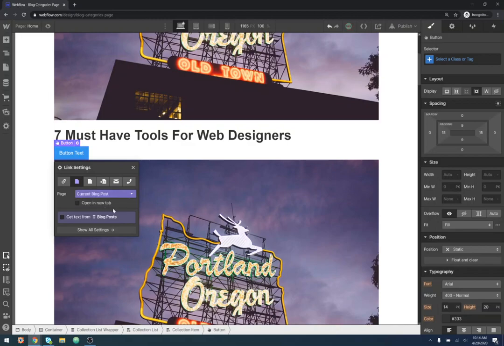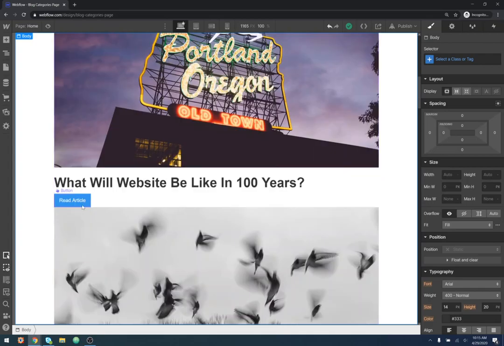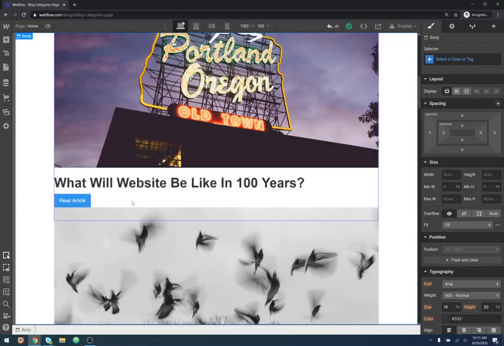So we want to choose the current blog post, which is each time it loops through and creates one of these, it has a dynamic URL for each of these posts. And so we wanted to get that URL and attach it to this button. So that's what we're using. And then let's go ahead and change the text on here. So we'll just say read article. You can see that changes the text on all of these buttons, and each of these buttons is going to go to its own individual